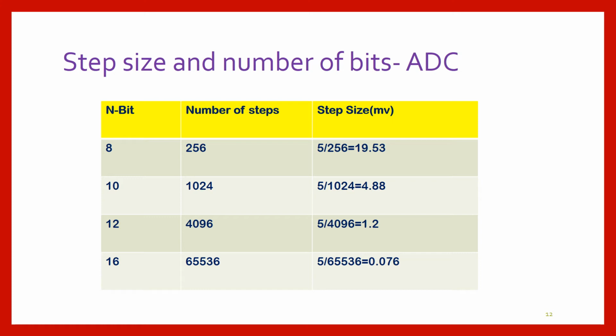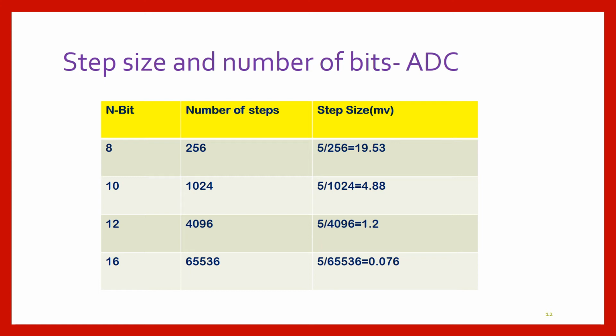For example, in the case of a 10 bit ADC, the number of steps is 1024, that is 2 raised to 10. These are the possible steps, with digitized conversion criteria accordingly. And I have considered the 5 volt standard voltage in this particular table. For example, if it is a 16 bit ADC, then you get 65536 steps. So 5 divided by 65536 is 0.0763 millivolt, a very small step size in millivolt. So this is available and possible.